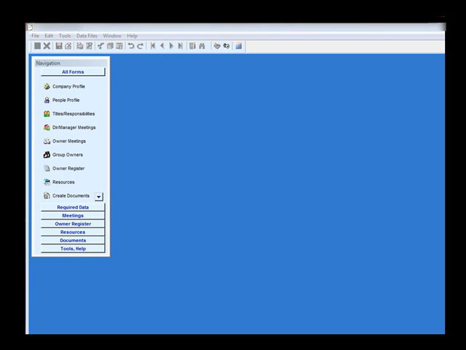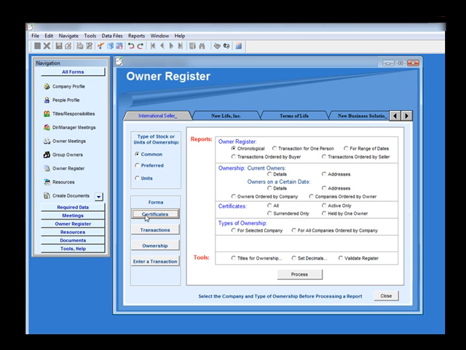A transaction has a seller and one or more buyers, and a seller can surrender more than one certificate of ownership. In the same transaction, a company can reissue any number of certificates of ownership to multiple buyers. The transaction form is accessible from the owner register by pressing the owner register button under all forms on the